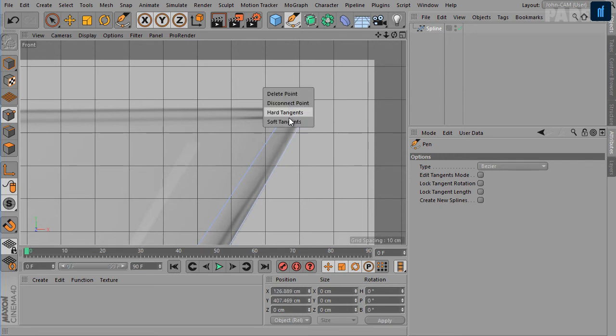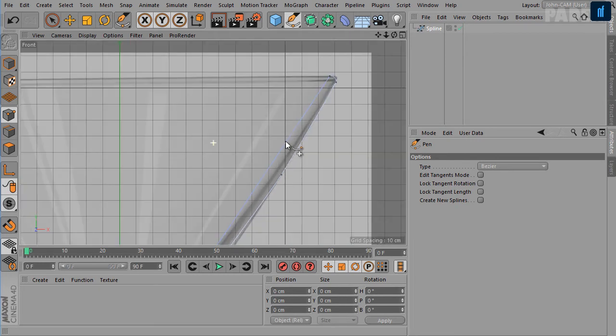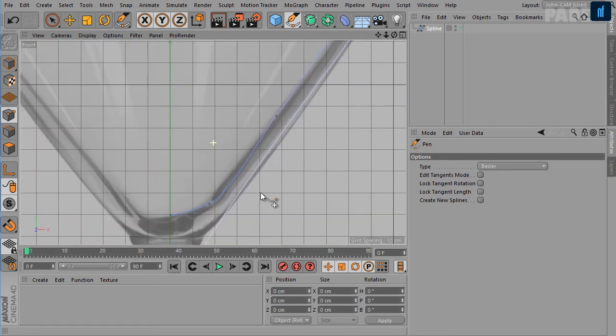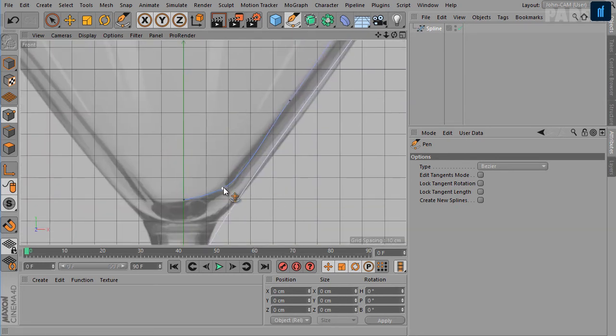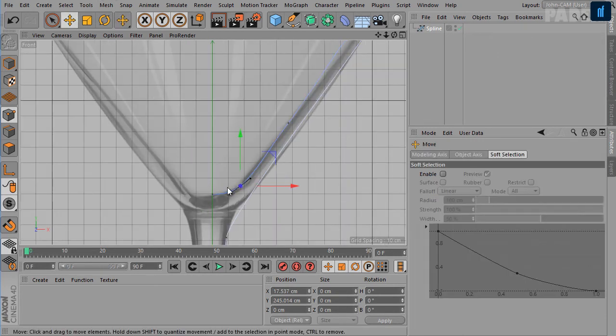Similarly, we need to change these to soft tangents. And this point also should be at 0 X position.